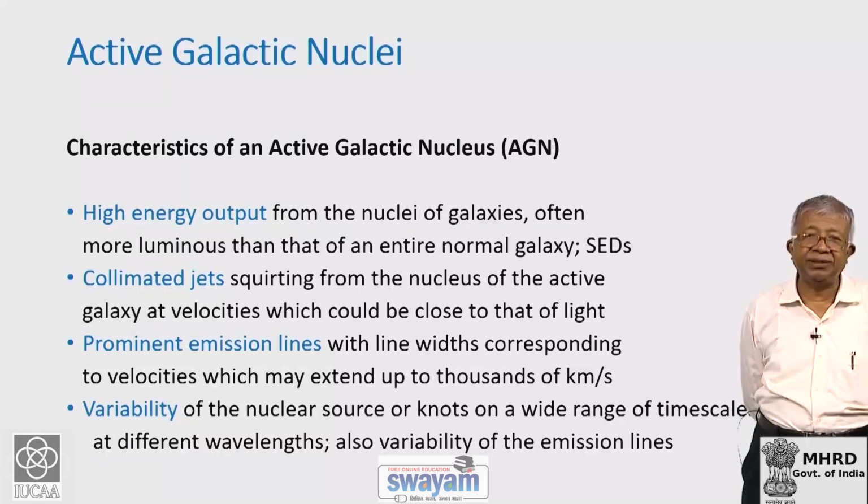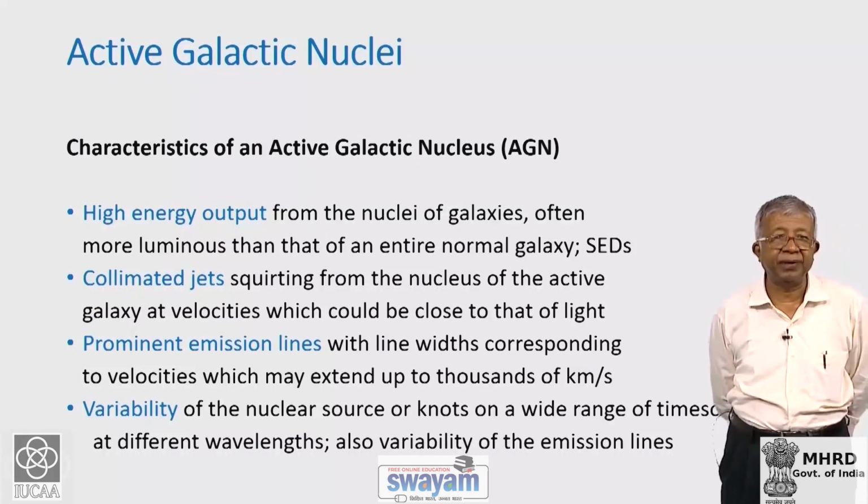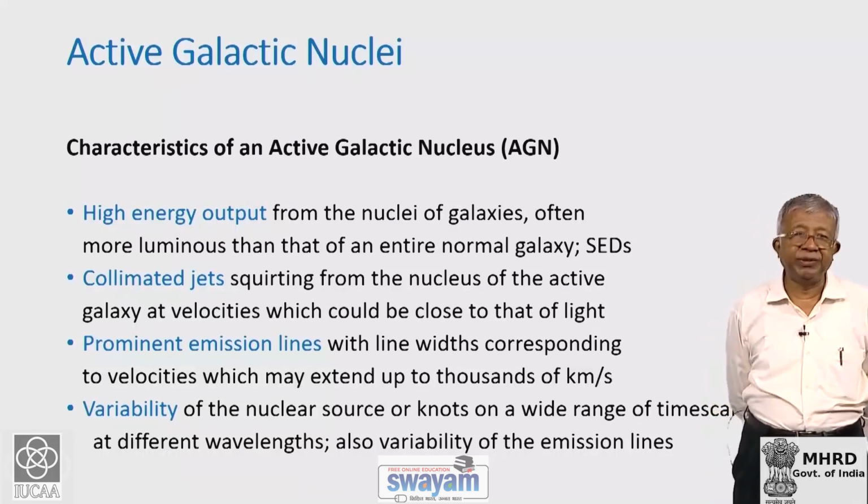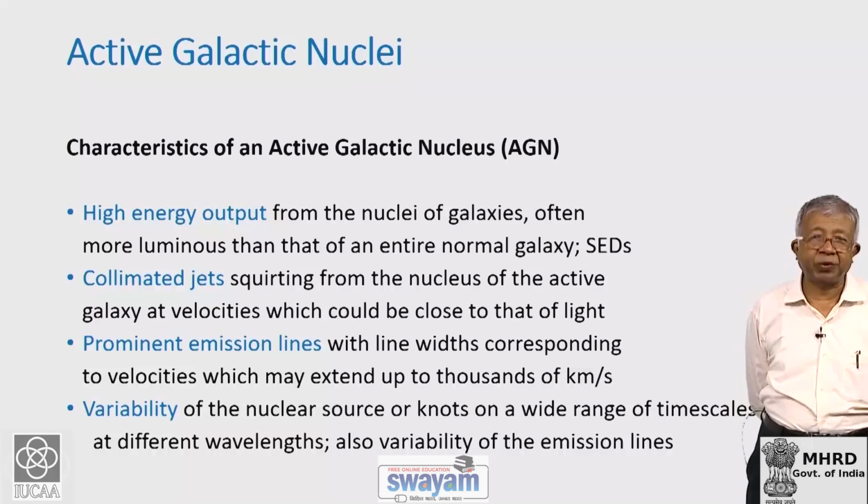The nuclei of the galaxies are usually unresolved from ground-based telescopes, and the luminosity from the nuclear region could sometimes be more than the entire luminosity of a galaxy. And the spectral energy distributions of the energy output from this nucleus extends to the highest energies at X-rays and gamma rays. In many of these active galactic nuclei, you will see collimated jets which are squirting out from the